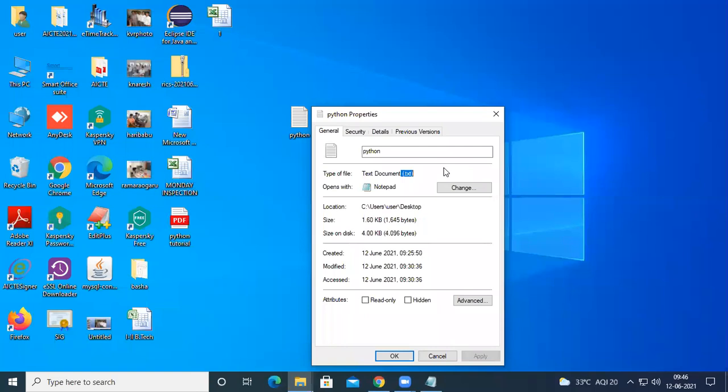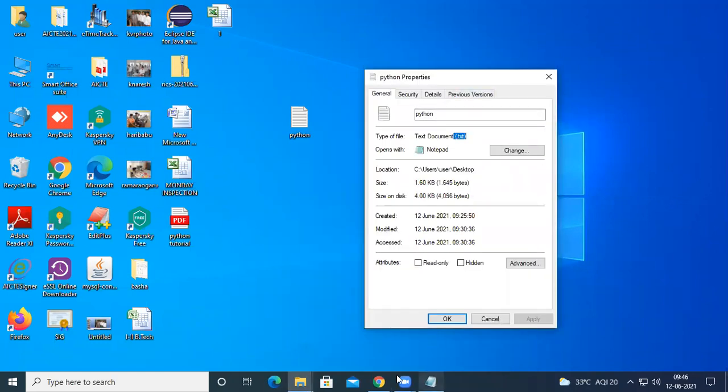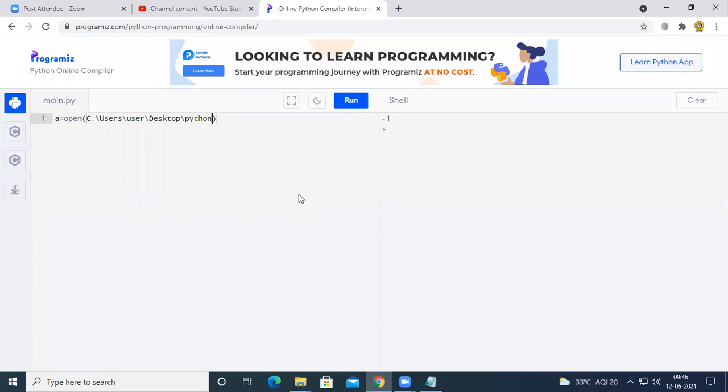Similar to the type of the file, it may be a C file or a Perl programming language or a Ruby programming language, whatever it may be. It may be of any type. So for the Python compiler, we need to mention the type of the file also. Okay, we need to mention the type of the file also.